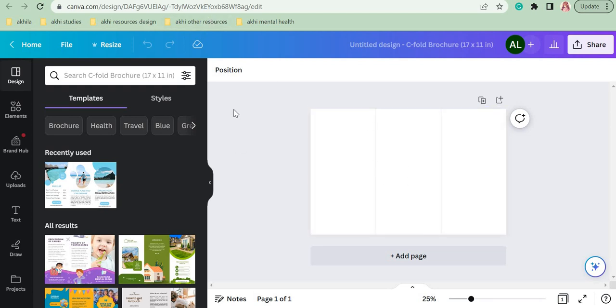Okay, so now what we are going to do is, as I have told you in the class, right? So what is a brochure? A travel brochure is a document where all the details of the travel agency will be there. So a brochure is a document where whatever travel agencies you have, they will put their details over here. Okay, so all their contact details about the travel agency, their features, their travel packages, everything you will find here. Okay, so we are going to design something like that.